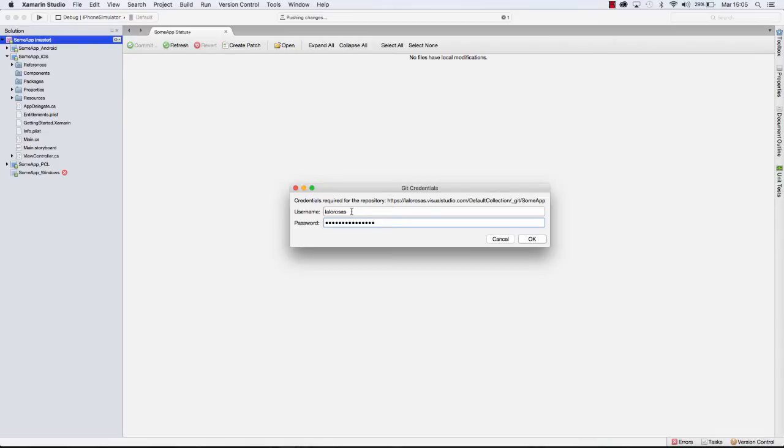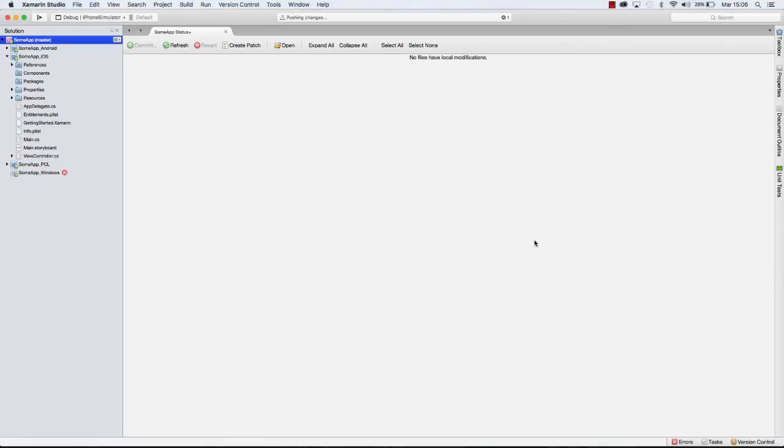I think that is the password, and that is very important because Xamarin Studio, I guess they're not correct. Let me try it again. Visual Studio won't be able to connect, there they are, to connect to Team Services with the default credentials. So I have to create the alternate credentials. So there you go, the push operation was successful, and that is how you commit changes from Xamarin Studio to